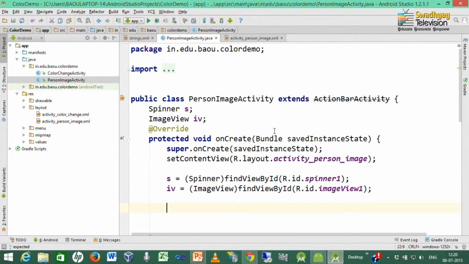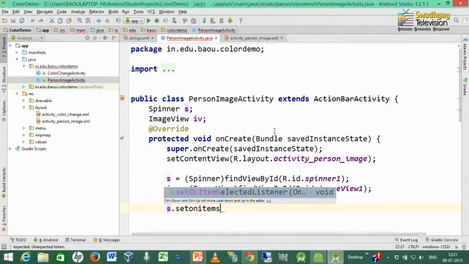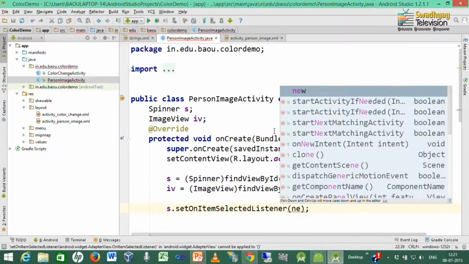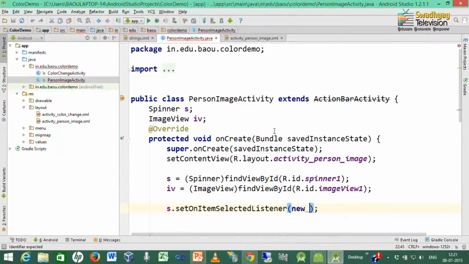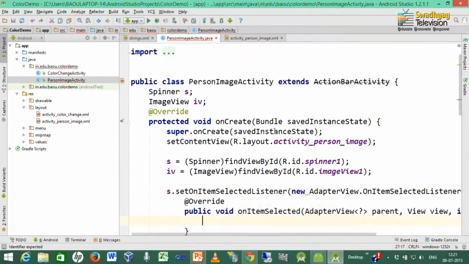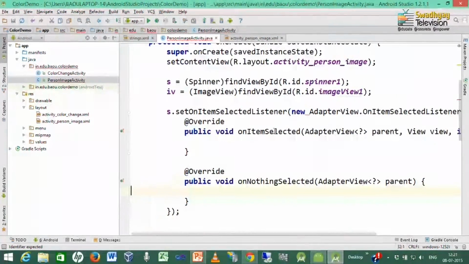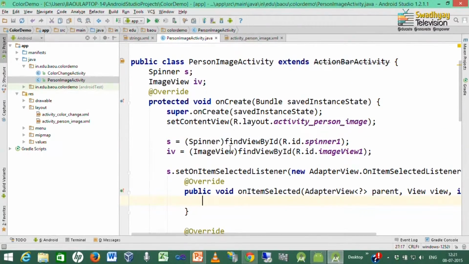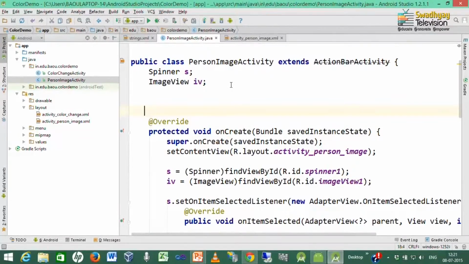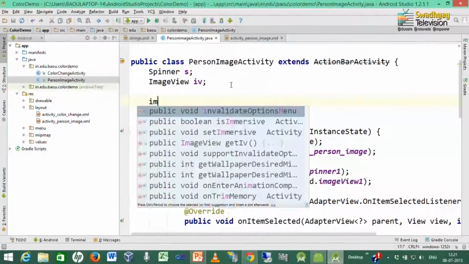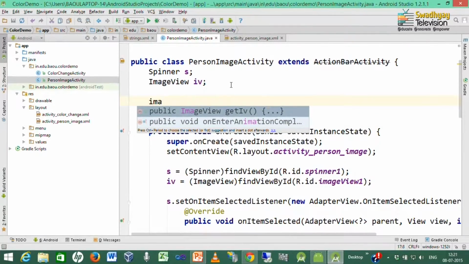Now, we want to handle the item selected event. So, on S we call S.setOnItemSelectedListener, and we define code inside the onItemSelected method. But before that, we want to take references for images in the order specified in the persons' names.